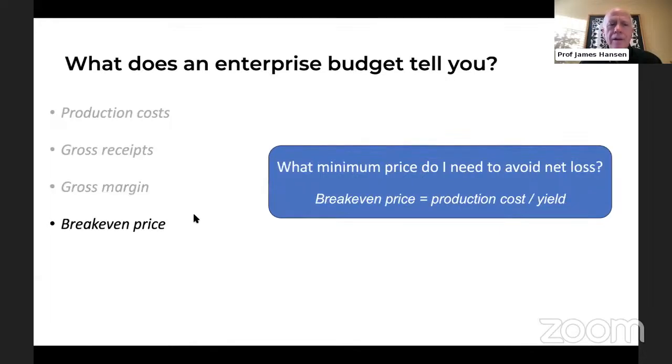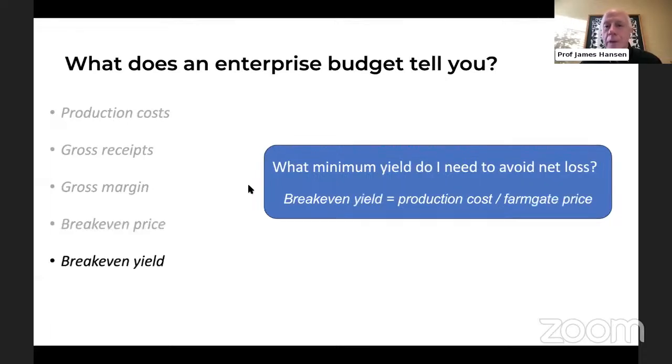Once you've done these calculations, we can also answer questions like what is the minimum price I need to receive when I sell my product in order to avoid a net loss for a given yield? Or what is the minimum yield I need to avoid a net loss for a given farm gate price? For our purposes, we're particularly interested in gross margin,